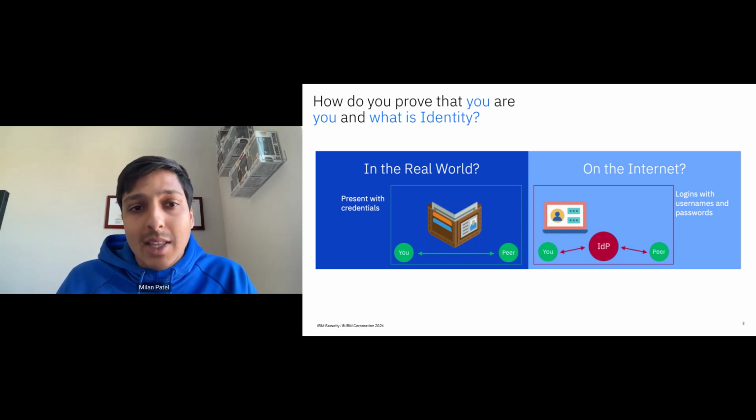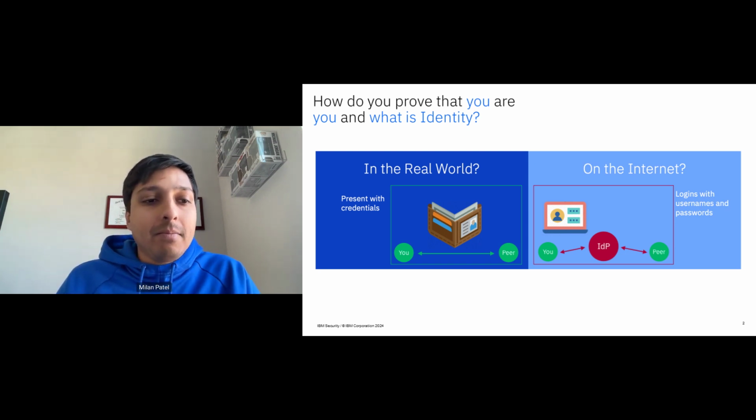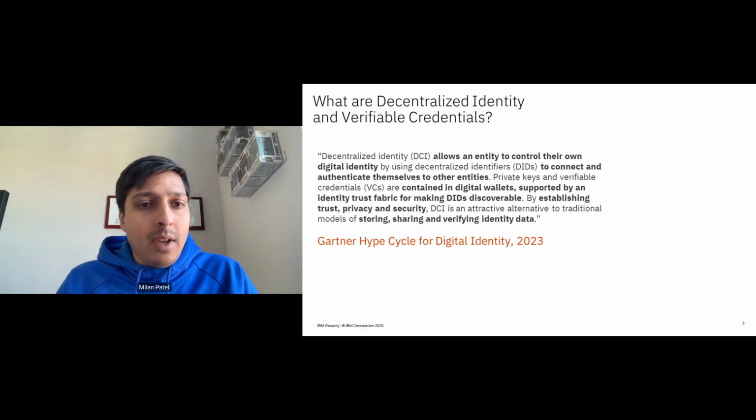Okay, so when we think about and put the framing of how do we prove you are who you are and what is identity in that context, I wanted to share more of an analyst view on this, right? So when we think about an analyst definition here, this is coming from Gartner in the digital hype cycle for digital identity in 2023. They talk about this in the context of allowing an entity to control their digital identity, to connect and authenticate themselves with other entities, right? And there's mechanisms and details behind that, which we'll get into. And it's contained in digital wallets, supported by an identity trust fabric,